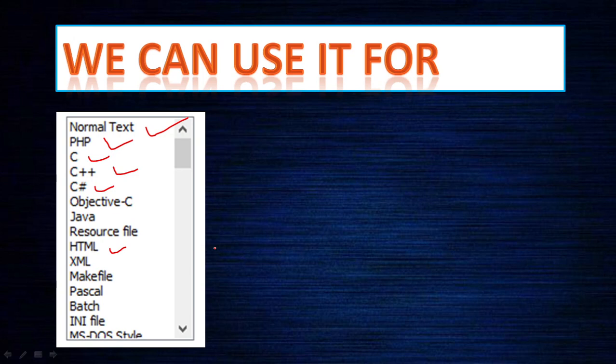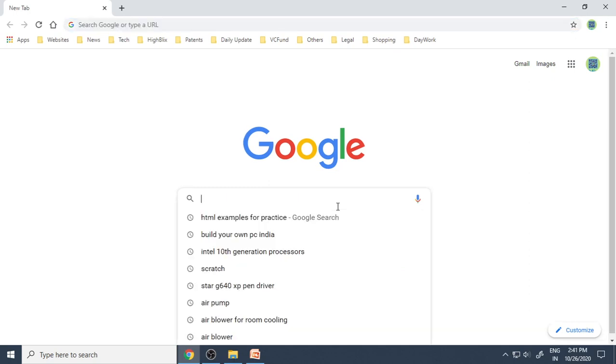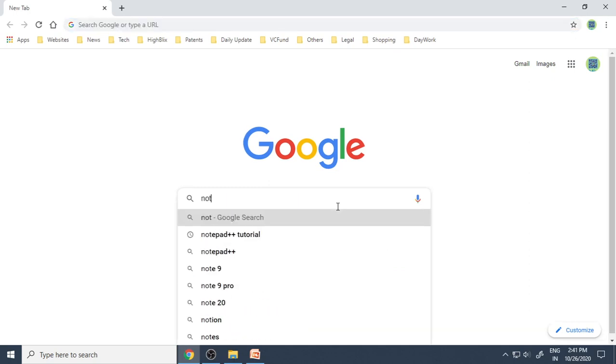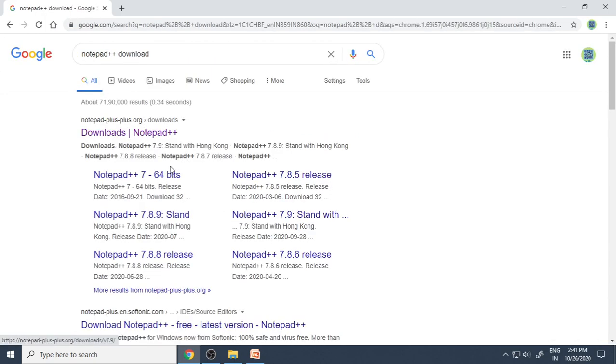Now I'll show you how to install Notepad++. In order to install Notepad++, just go to Google or any browser. You just say Notepad++ download. So here you can see notepad++.org/download.